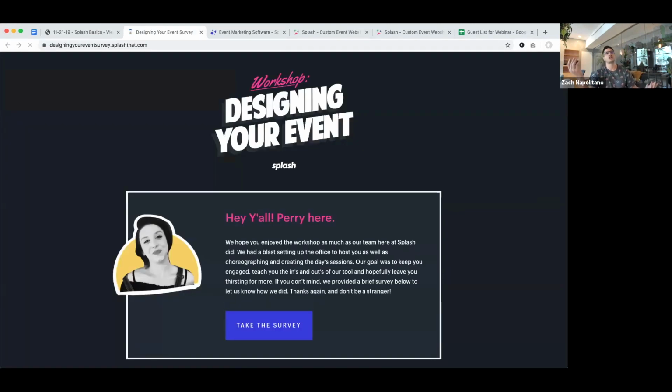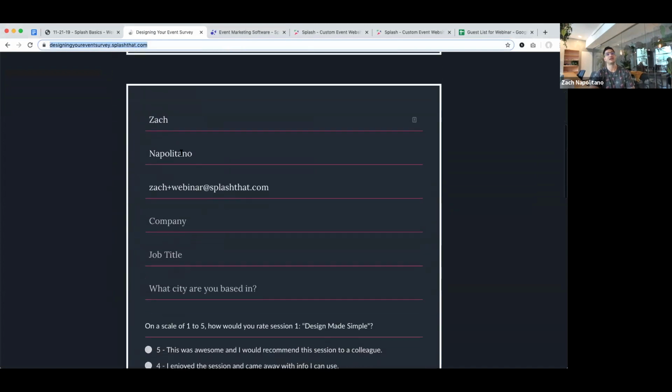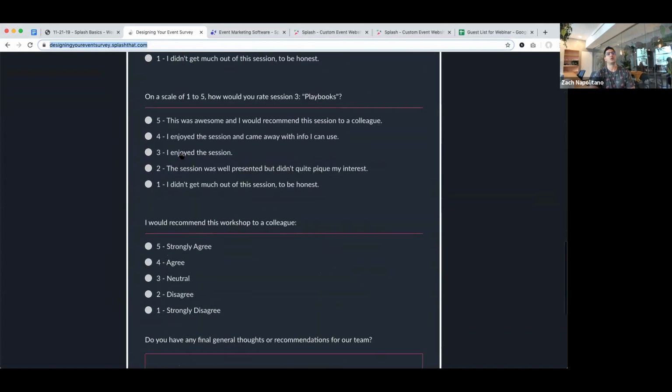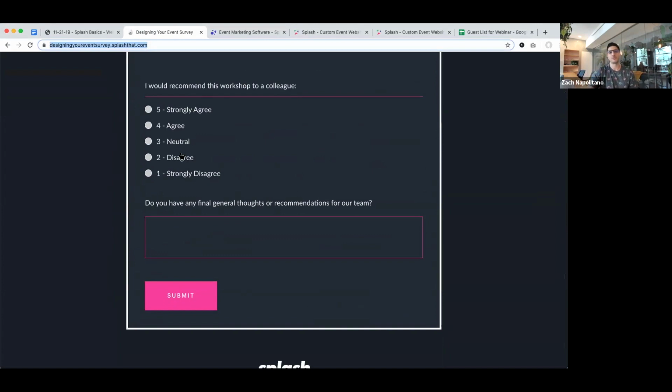So we hosted a workshop at our old office a couple years ago. We hosted it on Splash for RSVPs. We also did our post-event survey in Splash using a beautiful inline form like this. So while we are not a true survey tool, we're not putting SurveyMonkey out of business anytime soon, you can collect all this data. It can be super organized. It can sync to your desired places, Salesforce, CRMs, and you can trigger great confirmation messaging as a result. So yeah, very handy tool, especially when you're popping this link into your post-event thank you emails. Great question, Keith.